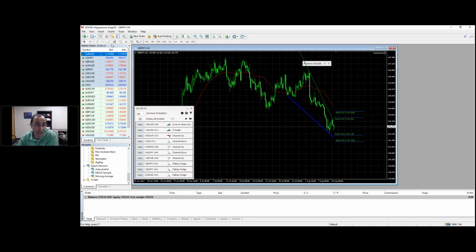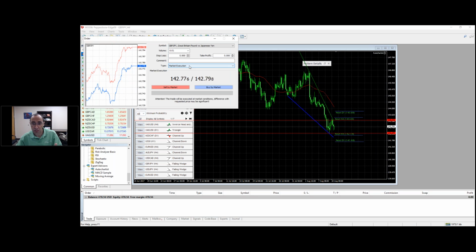Let's say you think this level over here, 142.29 or 142.30, is an important level, and this one over here, 143.23, is also an important level. What I could do is set two pending orders. For example, if I expect a breakout through this level, for the trend on this instrument to turn around and be in the market,